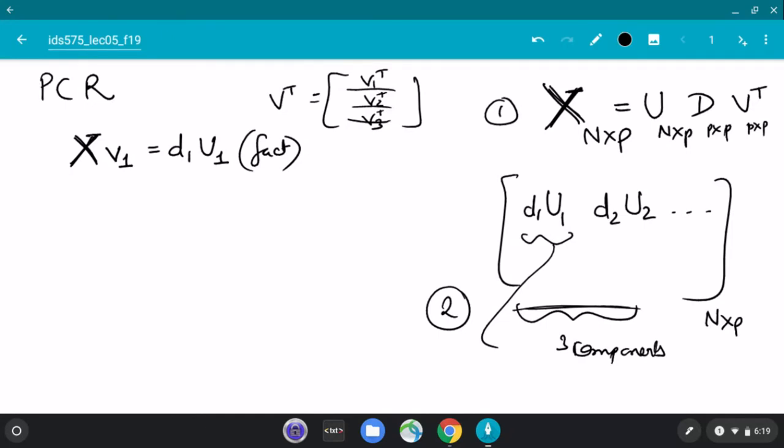So, for example, as you said, if we choose 3 components, and this would be sorted, let's assume we are sorted. If it's not sorted, you sort it. So, assuming we are taking 3 components, we'll take U1, U2, U3, with the multipliers D1, D2 and D3. I mean, you don't need the multipliers essentially, because ultimately, if you're building a linear model, you'll anyway get some coefficients as you scale it up. Anyway, that's principal component regression.